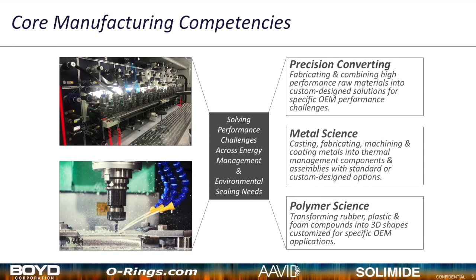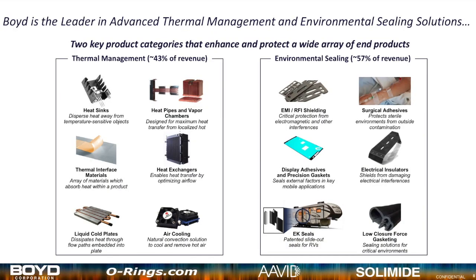bucket for our production in North America primarily, is what we call the polymer science. It's basically transforming rubber and plastic and foam compounds into 3D shapes for customized solutions for specific OEM applications. So basically, the 2 key product categories to enhance and protect a variety of the end products that we serve